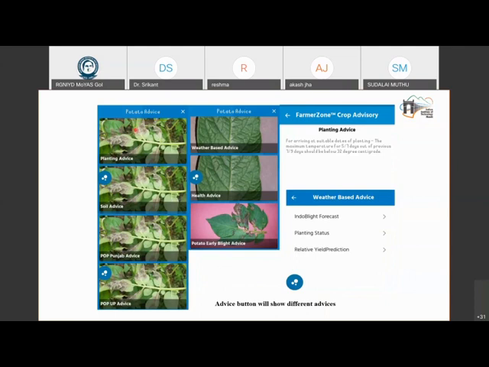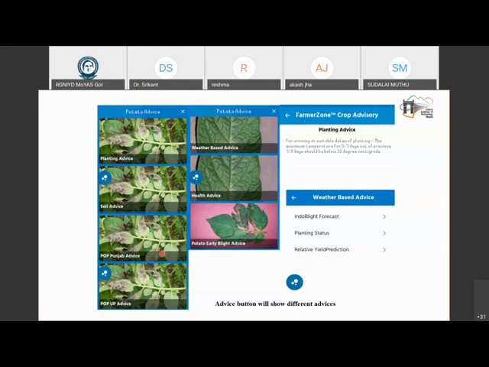So the first was planting advice. That means farmers need to know when should we plant to ensure that we get good yield. The second is they need soil advice. Given a certain soil type, how do we know what is the right inputs to put and what is the minimum amount to put? We don't want to spend money buying lots of things, because normally what happens is these farmers go to the market. Somebody gives them some idea that, oh, you want to grow this crop, you buy this. The shopkeeper himself is giving the idea. It's a conflict of interest, right? The shopkeeper is selling it to them and saying, you buy this, it will be good for you. So farmers want some independent advice on what is good for the soil.